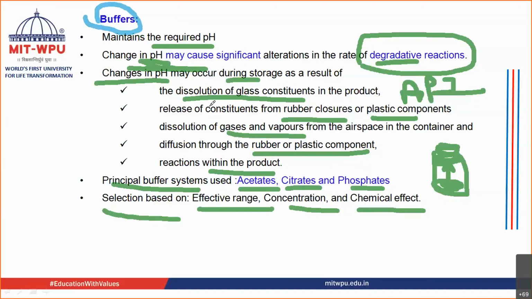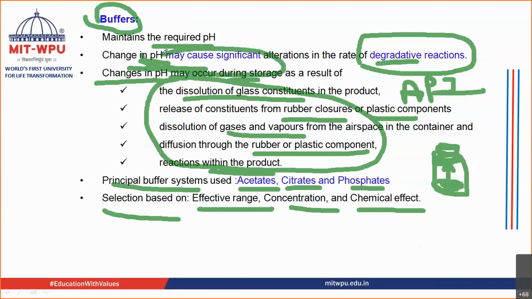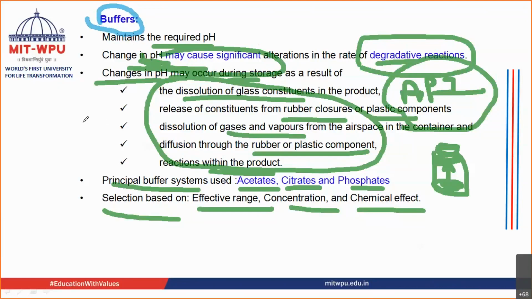Okay, why are you going to choose a buffer? Because of all these reasons, there might be a change in pH, and if there is a change in pH, then it is going to cause the degradative reaction, whereby your API is going to degrade, right? It is not going to remain stable, which I talked about yesterday. So the stability has been lost, and hence you use the buffers as an additive in the